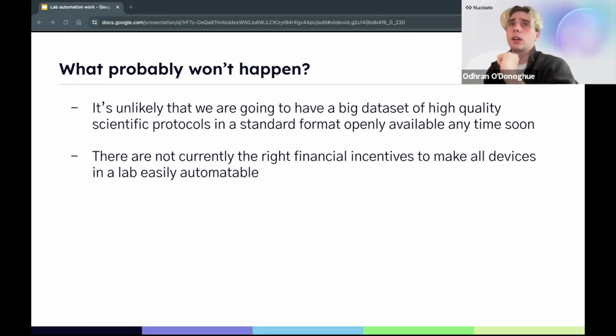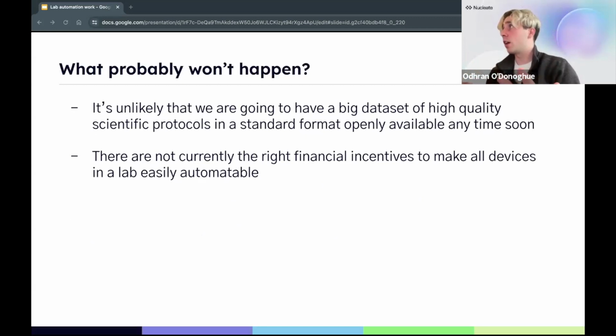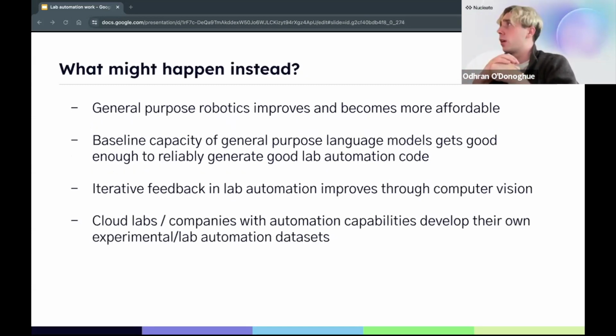Similarly, the data that might help us train better models, i.e. having a massive data set of protocols for experiments and for lab automation, is probably unlikely to arise in the open source. We've seen things like protocols.io exist, which is meant to be this big database of protocols that everyone's using. It's got like 40,000 protocols in it, and some of them are things like baking cookies. This is not necessarily high quality data. And there, again, isn't really the incentive for this high quality data to exist and materialize into the public domain. So unless incentives radically change, I think it's unlikely that these things will pass. However, there are other things that could pass, and I believe these are potentially more probable.